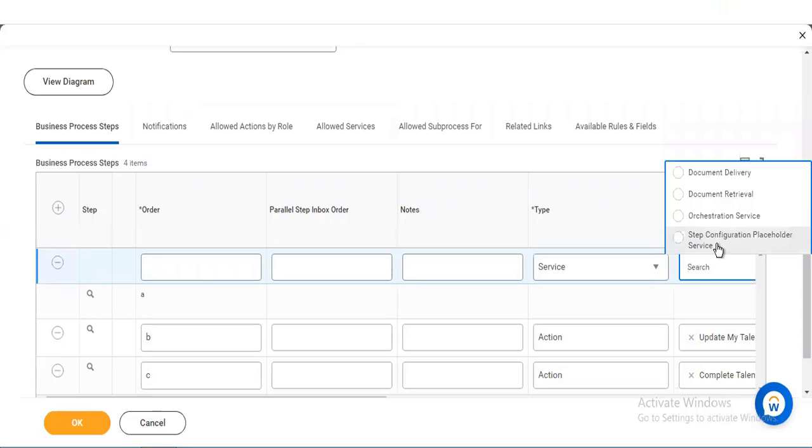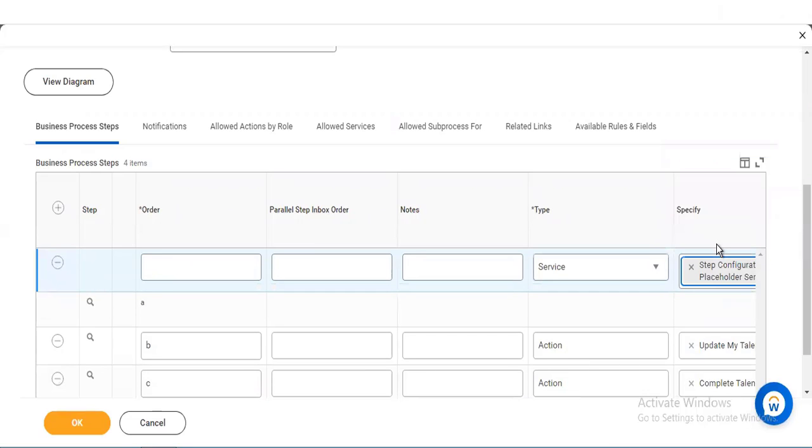For step configuration, placeholder service. This is a new step that the community told me to add, and the reason they have stated is in the community part. That is the reason why I asked you whether you have community or not. Okay, in this, what they're telling is this